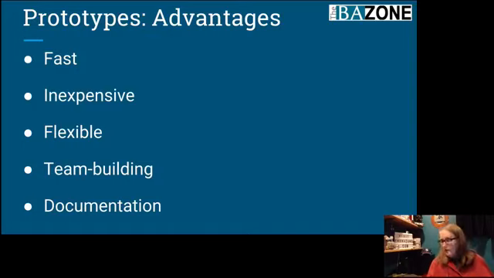All right, so the advantages to doing prototyping is that, first of all, it is fast. You can churn through a lot of ideas, you can make a lot of progress quickly, and of course that means cheaply. It is inexpensive. You can do it literally with a pen or a pencil and a piece of paper and nothing else, just your lovely brains. Or just a whiteboard. I mean, really, heck, if you've got crayons in the back of an envelope, you can go ahead and do some prototyping. And because of all that, it is highly flexible. Now, you do end up having to redo things several times, of course, because these are not movable pieces.